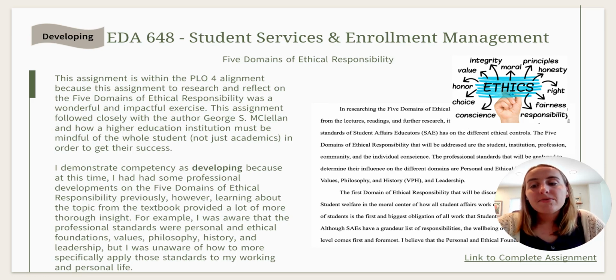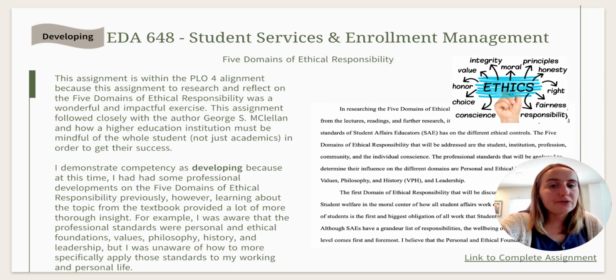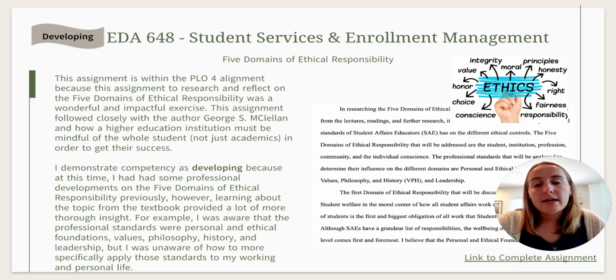The next assignment within PLO 4 is from course EDA 648, Student Services and Enrollment Management. This assignment was for the 5 domains of ethical responsibility. I put this assignment in PLO 4 because to reflect and research on the 5 domains of ethical responsibility was a wonderful and impactful exercise for myself. This assignment followed closely with the author George S. McClellan and how a higher education institution must be mindful of the whole student, not just academics, in order to get their success. So this was really grounded in the science and the research behind what author McClellan had done